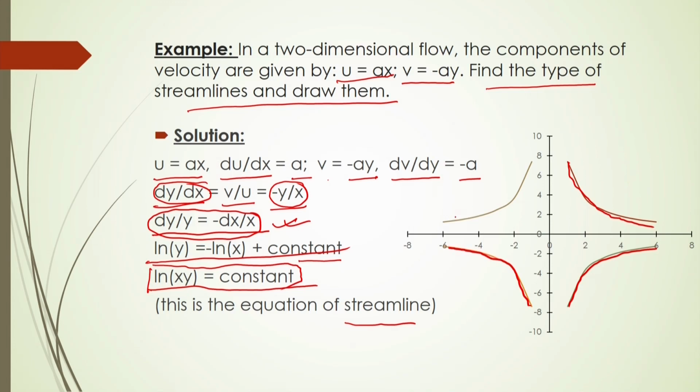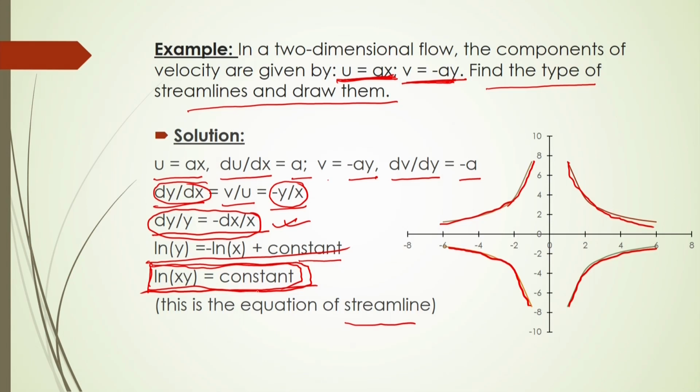So, if your velocity component is following, suppose u is equal to ax, suppose here u will be equal to 2x or something, some straight line is formed, that is the equation by which velocity is expressed, and v is equal to minus ay. Then from this equation and based on the equation of streamline, you can have this final form of streamline equation. So, based on this, you can easily calculate what type of streamline equation it is.